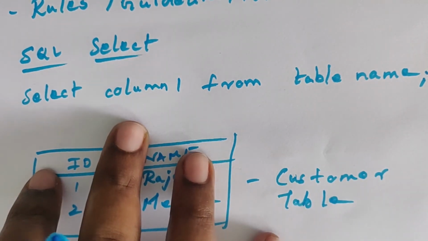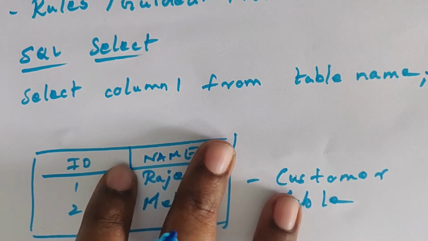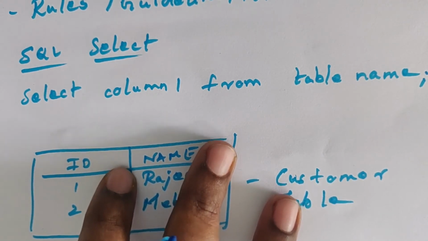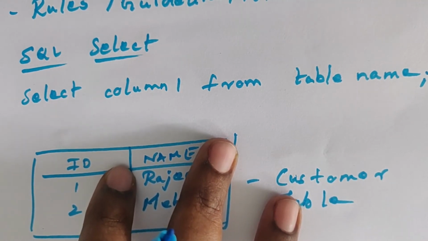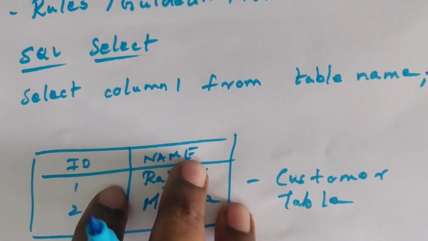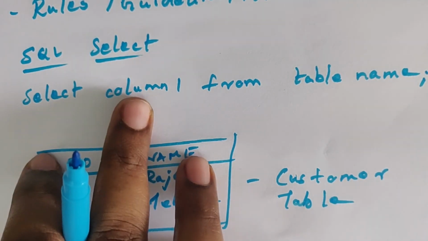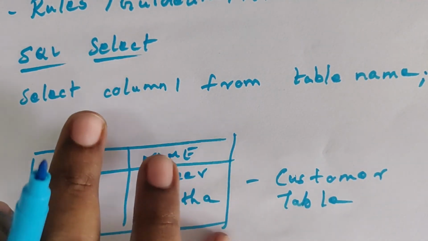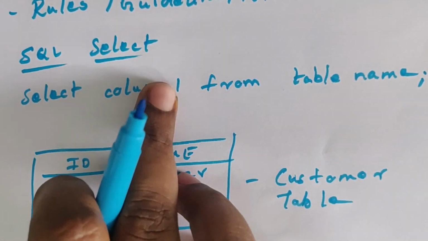This being just basic, we are discussing this one here, but there are certain cases where we will be using distinct to identify or remove the duplicates, and a where clause, where we want to apply some condition, and there are so many other keywords that can be used, based upon which we can retrieve the data needed from that table. So for example, using this syntax, select column 1 from table name. This simple statement will allow you to fetch the first column values from the table.